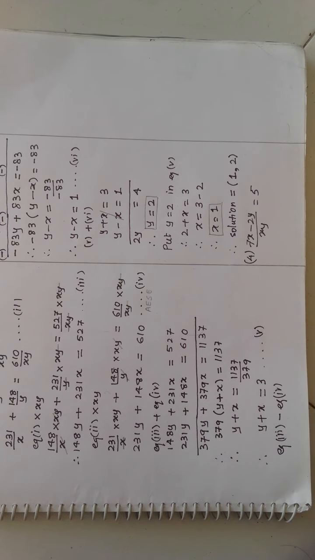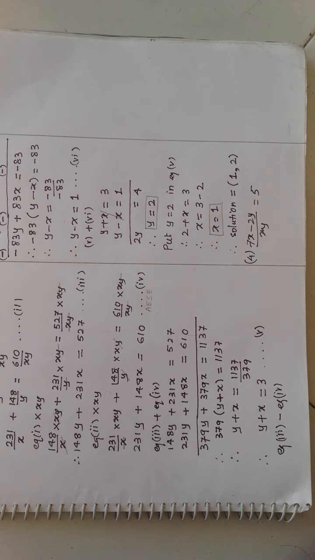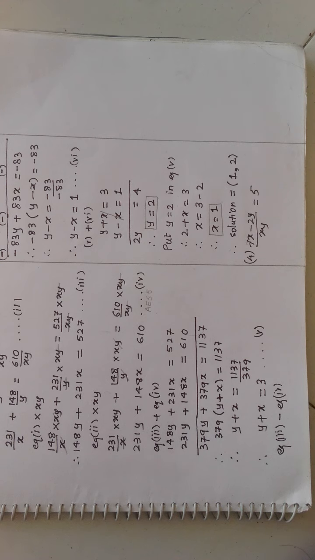Now, coming to question number 4, I have just written one part of it, that is 7x minus 2y upon xy is equal to 5. So you see what is the disturbing fact over here. The disturbing fact is this xy which is lying down. Do not separate it, better throw it outside. Let it go that side, don't keep it here. If you separate it also, then too it is okay, it does not matter.